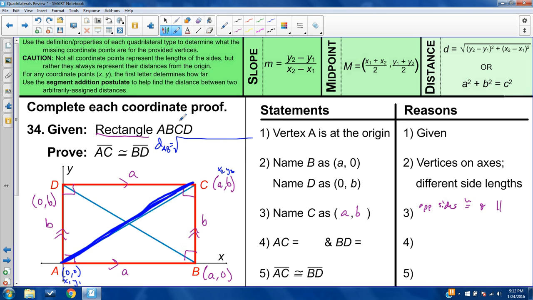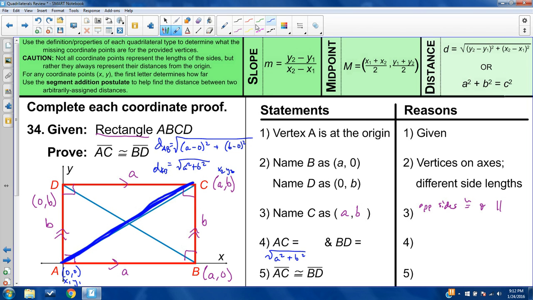And I'll get the square root of A minus 0 quantity squared plus B minus 0 quantity squared. That's the square root of a squared plus b squared. I can't really fit it here, but I'll just put a squared plus b squared. So as you can see, you're going to get to the same place as the Pythagorean theorem. So to save you time, now that you can trust this formula, or trust that the Pythagorean theorem works with it,